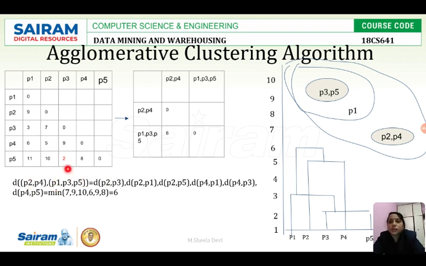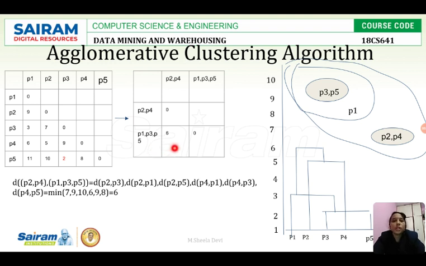Then P2 to P5, then P4 to P1, P4 to P3 and P4 to P5. So in this, when I check, I have to take the minimum value. So among these, the minimum value is 6. So I am updating here the distance between the new cluster and the cluster P1, P3, P5 as 6.